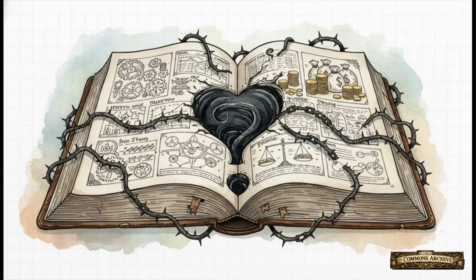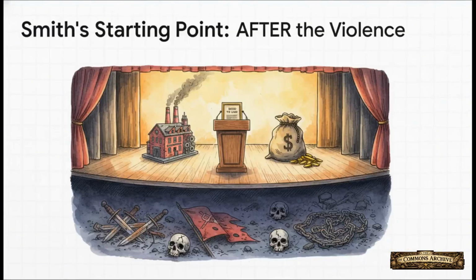He talks about rent, wages, profit, but never asks, hey, how did the landlord get the land? Where did the capitalist get the capital? It's this giant black hole right at the center of his theory. His entire economic model basically begins after the fight is over. He starts his analysis with the world where the land is already owned, the capital's already been piled up, and the factories are already in private hands. The violence that made all that happen? It's just swept under the rug.